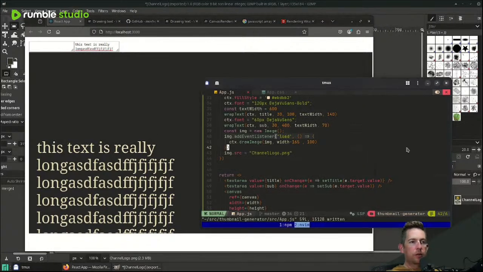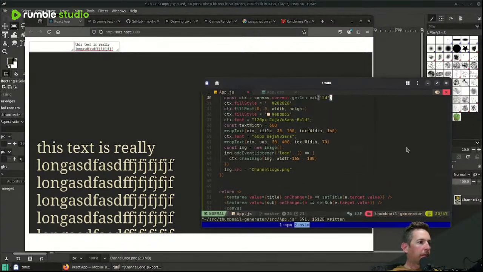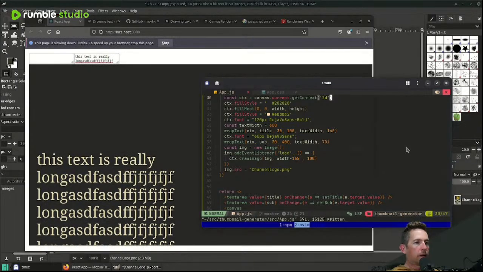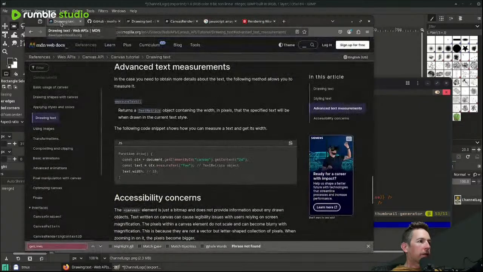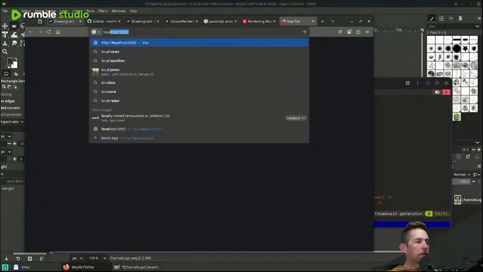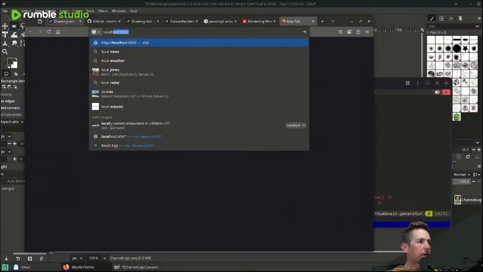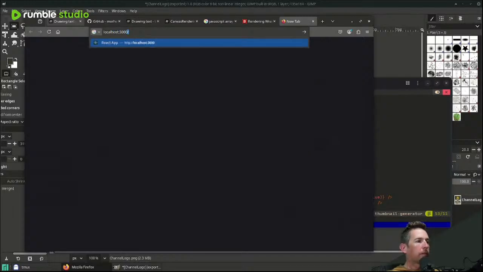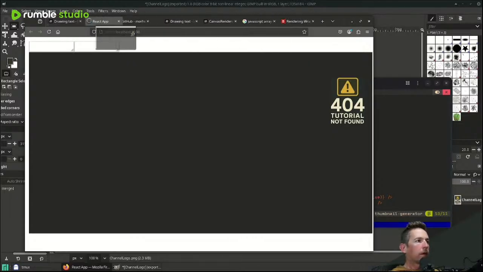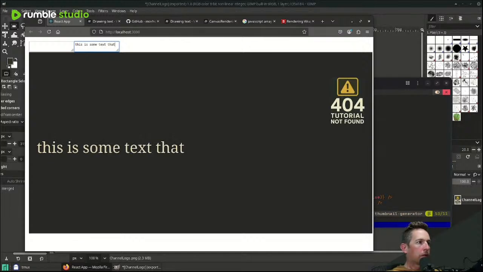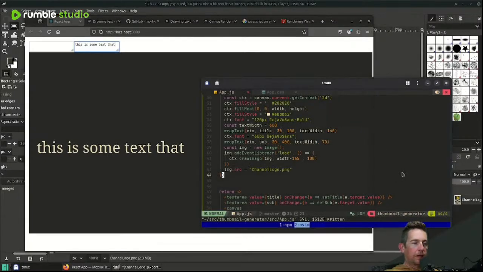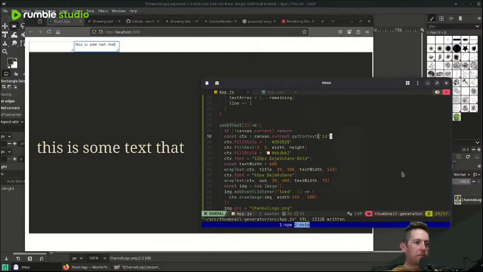Yeah, we're stuck in that loop. Why? Oh, I think the word is too long is probably what's going on here. Kill localhost 3000. No. That's curious. I'm going to throw that watchdog back in there, maybe do some debugging, but